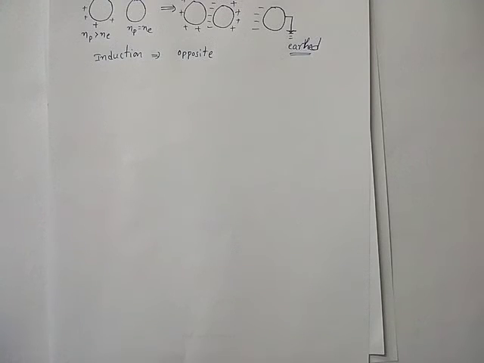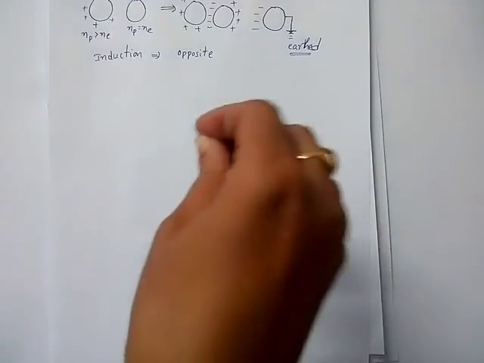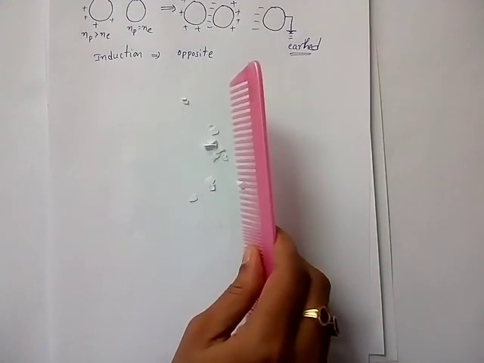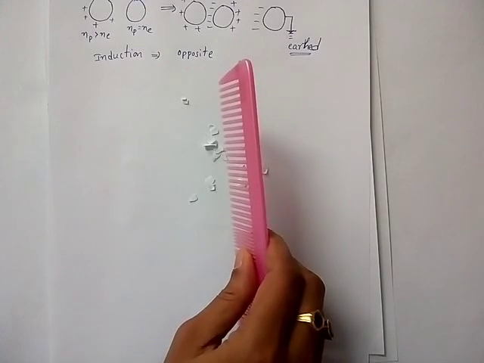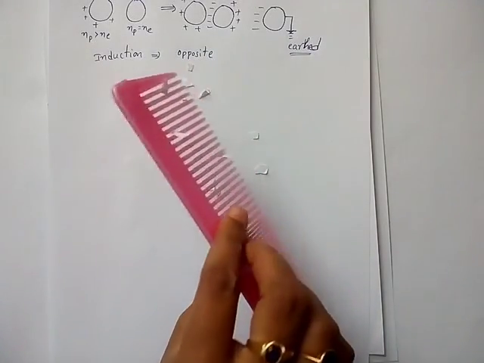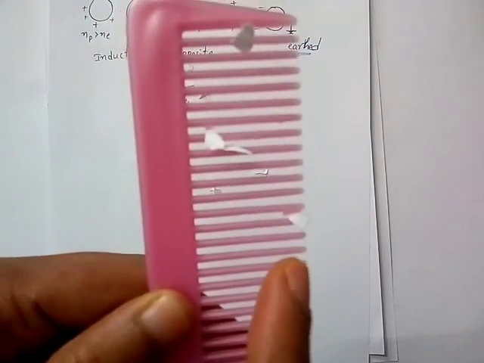Okay, what is happening to this charged comb? Due to the charge present in this comb only, the papers are able to get attracted. One more time I will show you. See, initially there is no charge, that's why there is no attraction. You can see as I am rubbing this comb on the dry hair, they are coming and attracting. So you can see here they came and attracted.